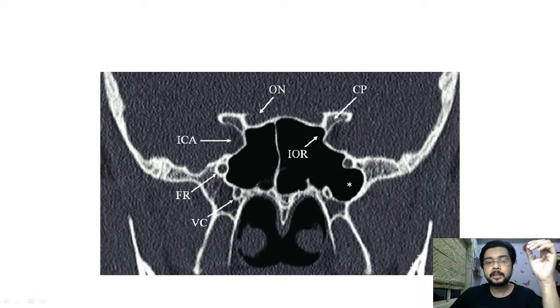And here in the CT scan picture of the sinus, this is the sphenoid sinus. So I just wanted to, because CT